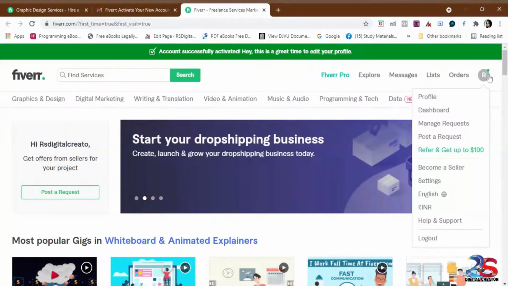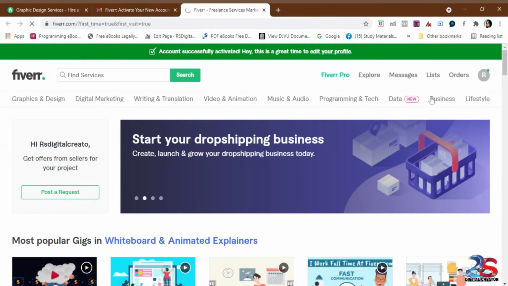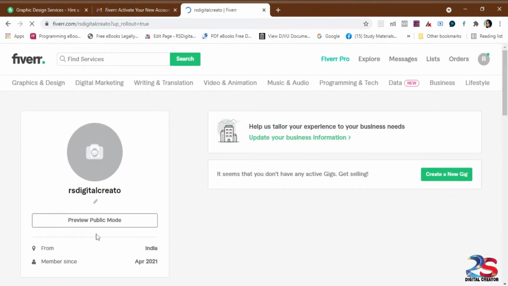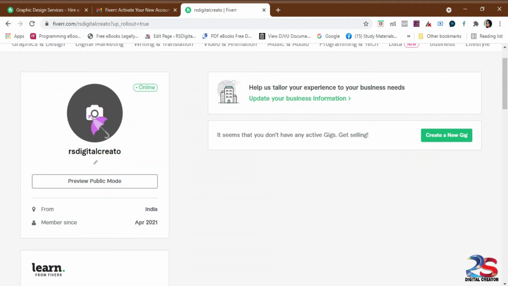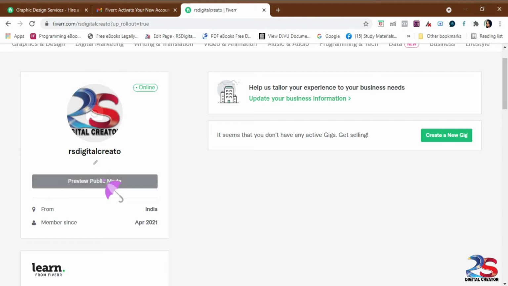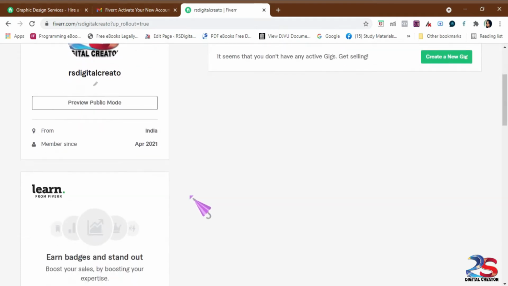Once your account is registered and you are signed up on Fiverr, you can check your profile by clicking on profile details, and here you can add your logo or your profile picture. You can add your own picture itself, or if you are collaborating under any other name, you can just add a logo here that will represent you on Fiverr.com. So you can upload a logo if you want. Here I am uploading a logo, and I can check any other details as I scroll down the screen.